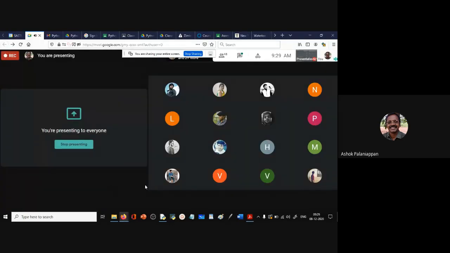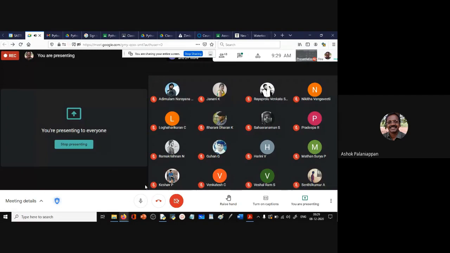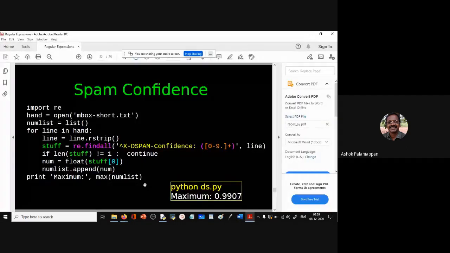Any questions, anyone? All right, this will become clearer as we do another example of how we integrate the regular expression into our programming itself.